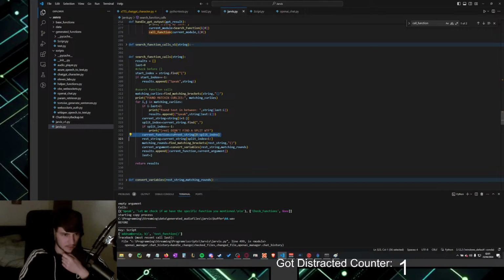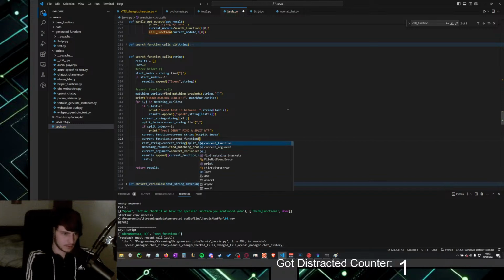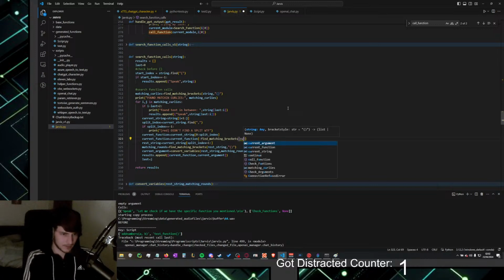Current function is that. And then current function is equal to current function. Here, find matching brackets. Current function. Okay, that is a bit hacky, but it works.